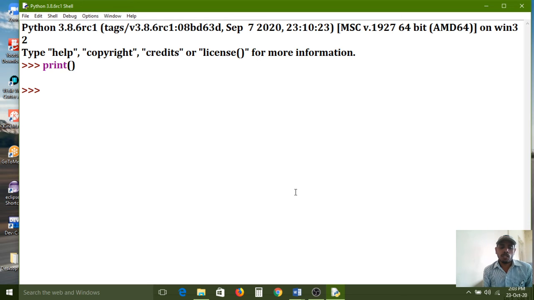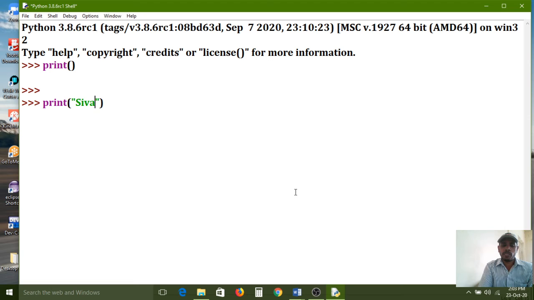All of you carefully observe. If I press the enter key one more time, it immediately prints the prompt again without a line space. Now understand? If I use the print function without any argument, it prints a blank line. Now I am using a string argument along with the print function. If you want to print it as it is, I need to configure it in between double quotes.